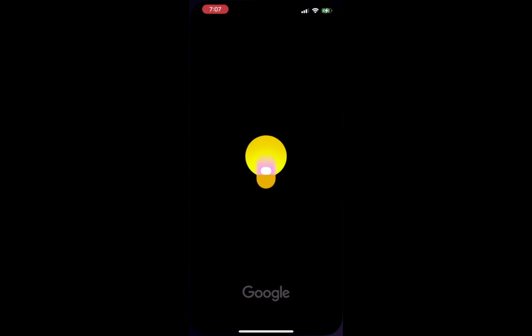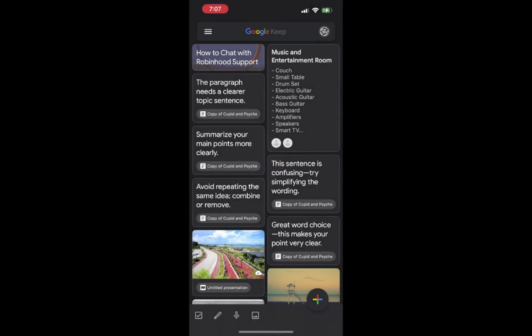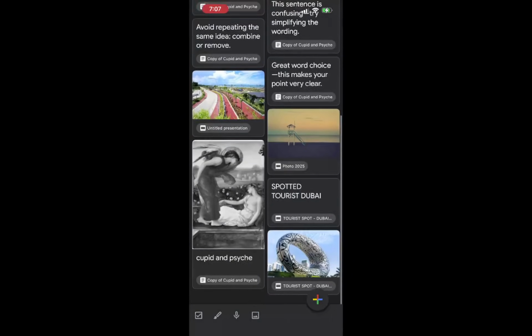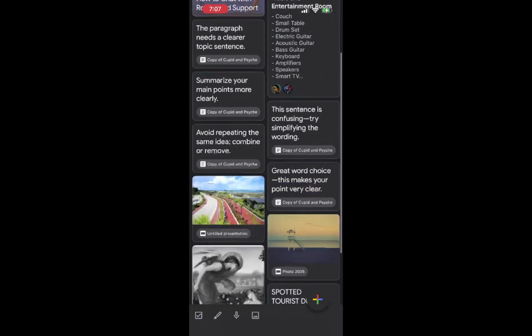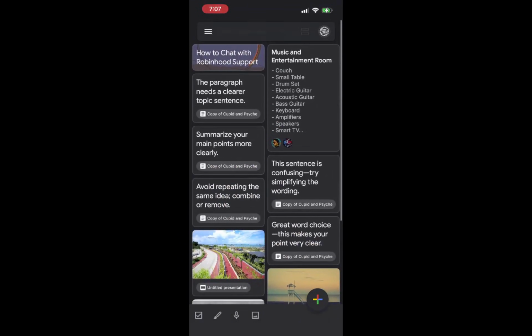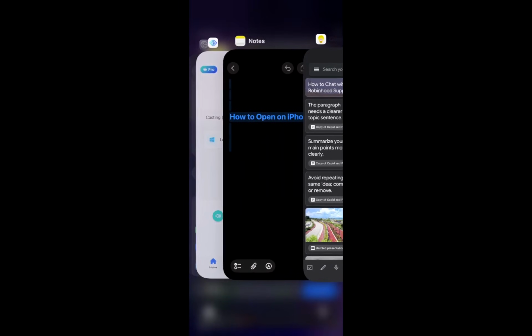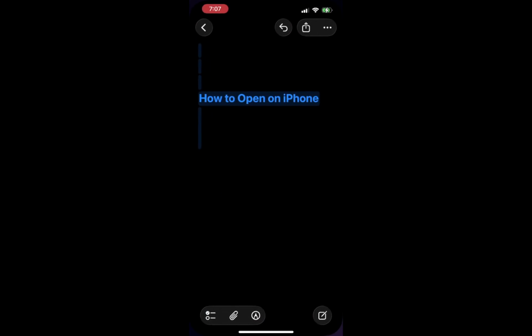This method is particularly helpful when you have a lot of apps or when you cannot remember where a specific app is located. Using Spotlight Search is important because it streamlines your app access. It can save you a lot of time and frustration. You will notice how efficient this method can be, especially if you frequently use many different apps.